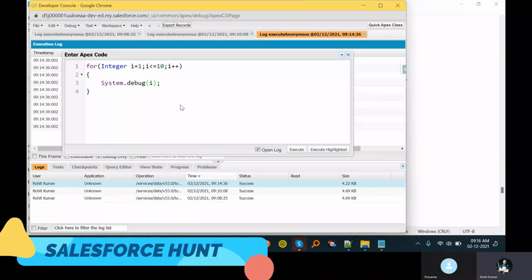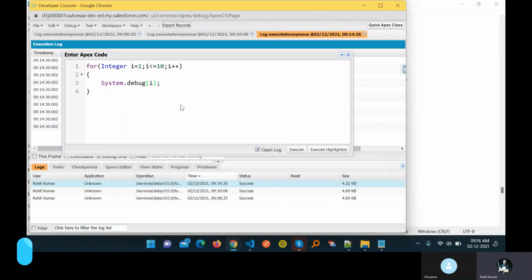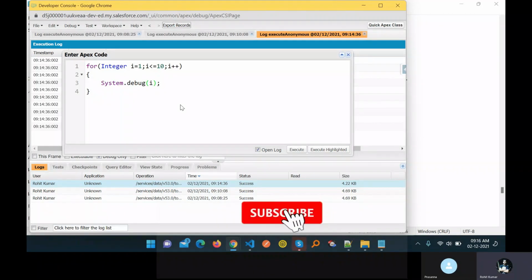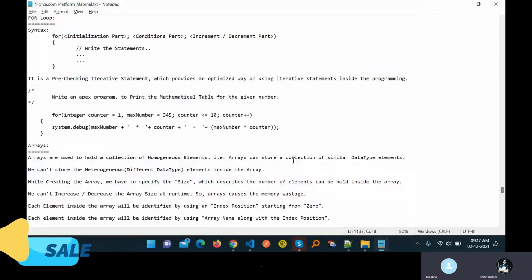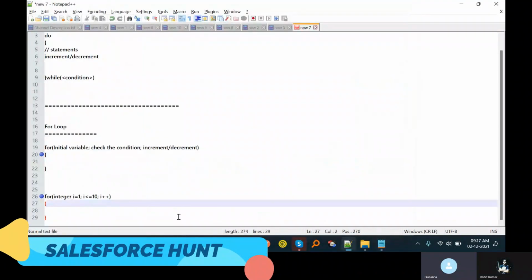Prasanna, I already discussed these things. I want to concatenate, or we can say add, some value like my number is some value, like this one. For example, we have to use the plus symbol.